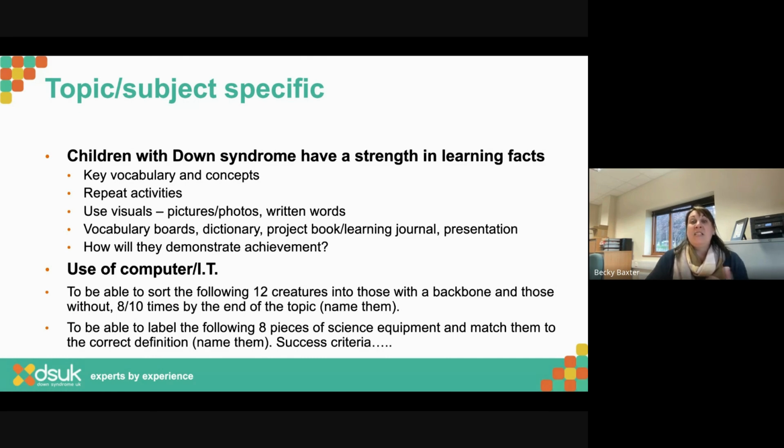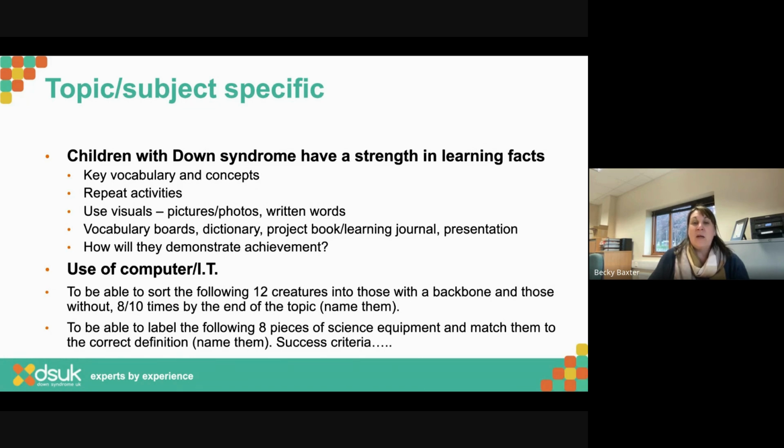Having a project book. This is my book all about Egypt. This is the Pharaoh, this is the Sphinx. Oh, I can go back and look at it, go over it, revisit it, revise it. When the teacher's talking at the beginning of the lesson, I can be looking through, so I'm familiar. When we go off to do the activity, I've gone through what I did in the last lesson.